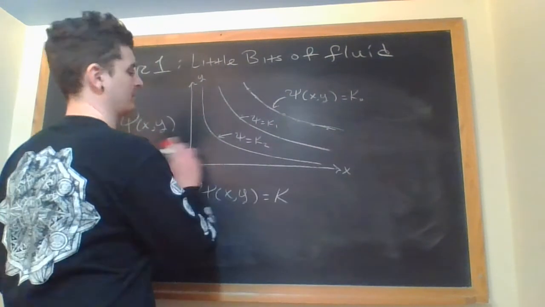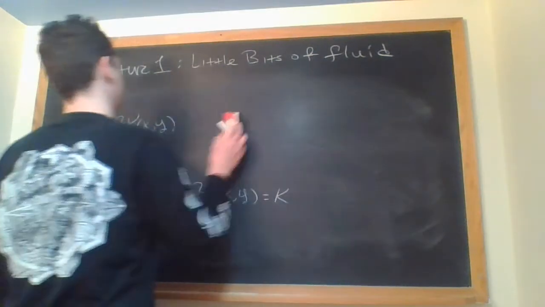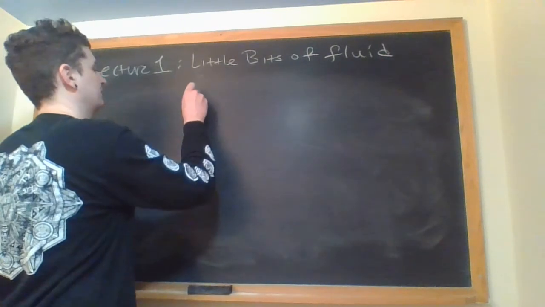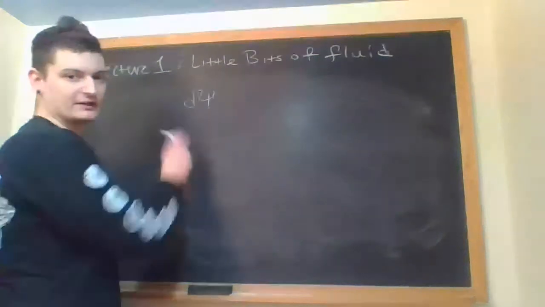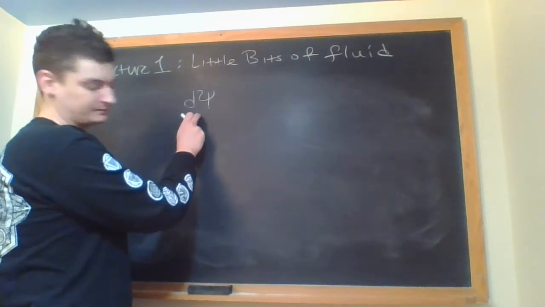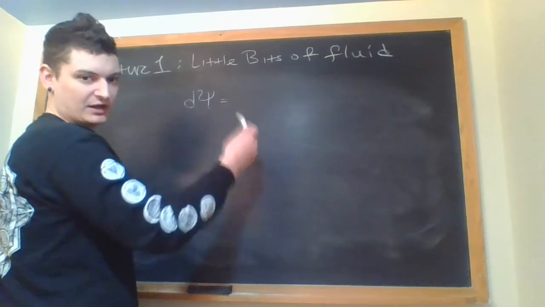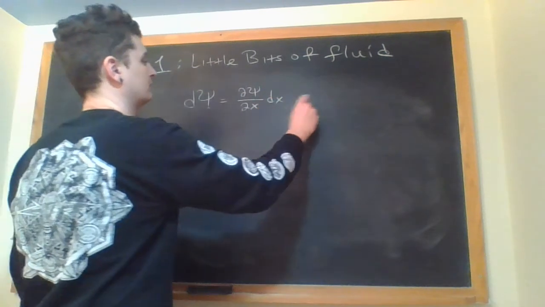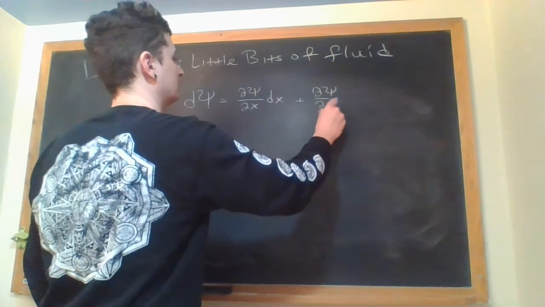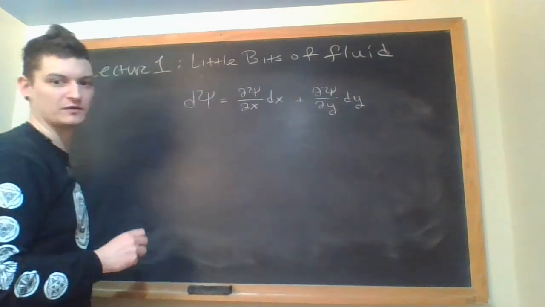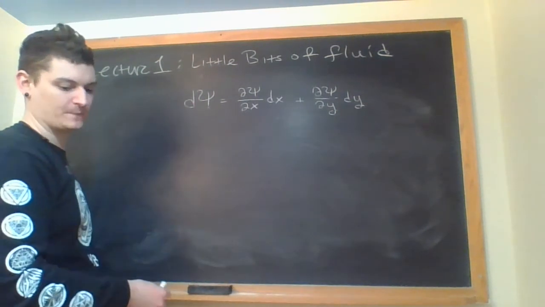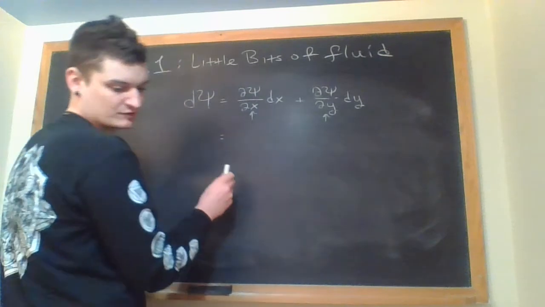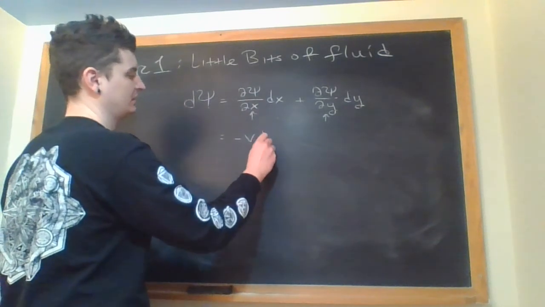But there are other things that we can talk about these streamlines, and that has to do with flow rate, and it makes flow rate a pretty simple calculation. So, right, first you look at a little bit of change in the stream function, right? We do the same linearization thing that we've done before for all of the vector things we've done. Okay, these have definitions to them, right? So this was v